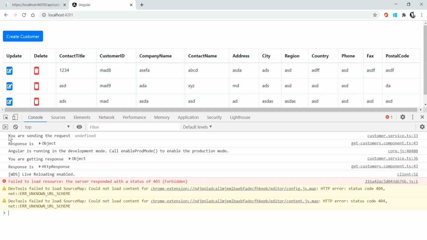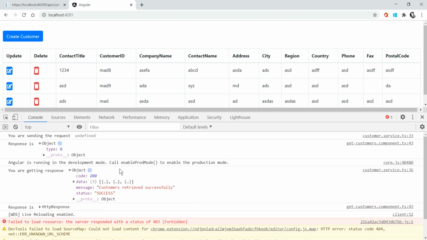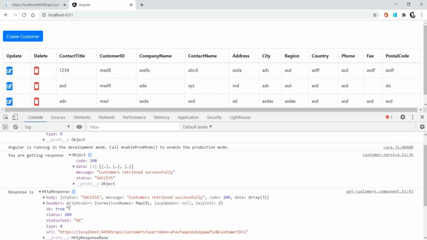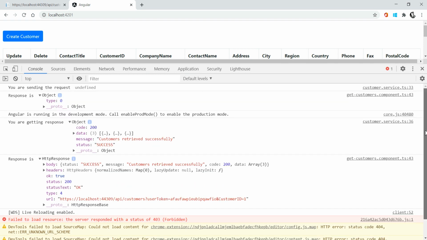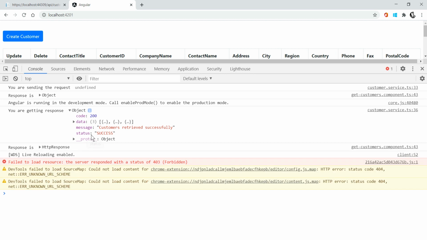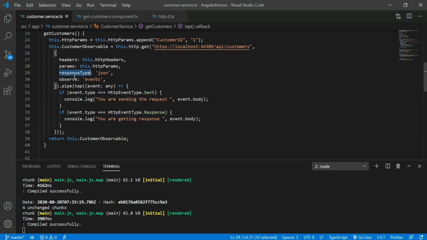Now see here, you are sending the request, so the body is undefined, that's the reason the type is 0, and you are getting the response from the API. After that, the response is an HttpResponse. That is the difference. You have to concentrate on the difference between our observed events, that is, the HTTP sent and the HTTP response. In this way you can check by using the response type and observe.